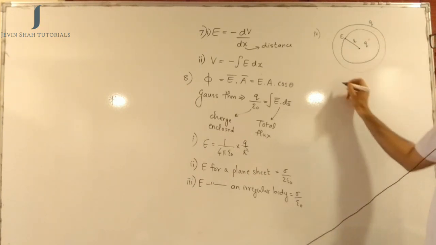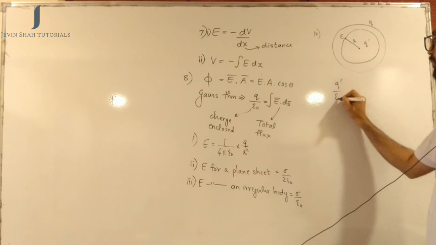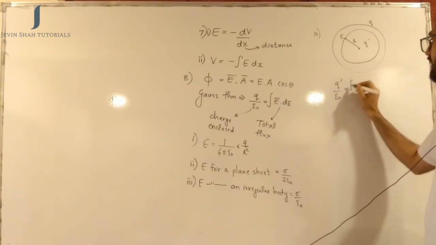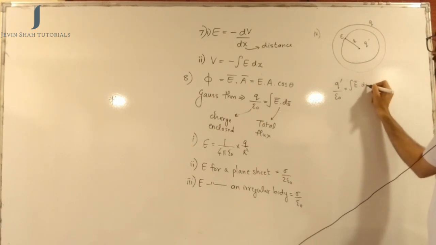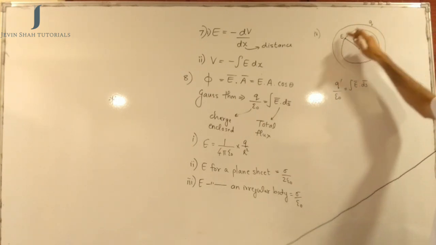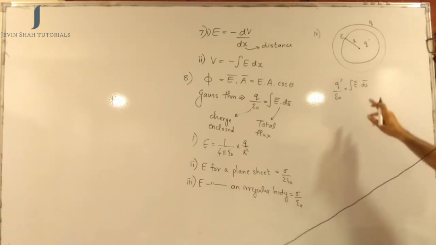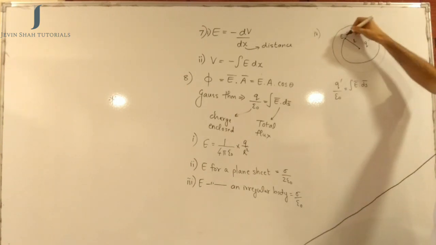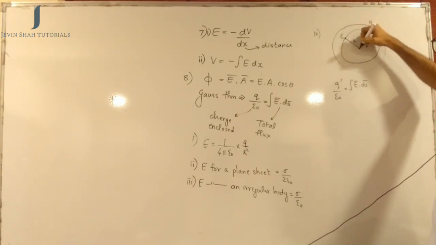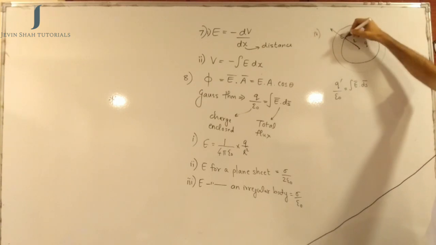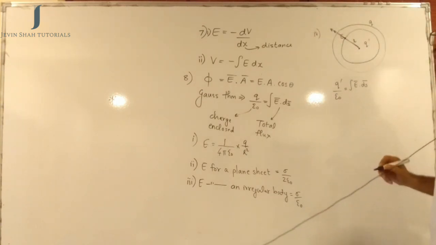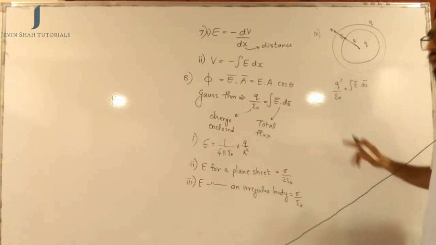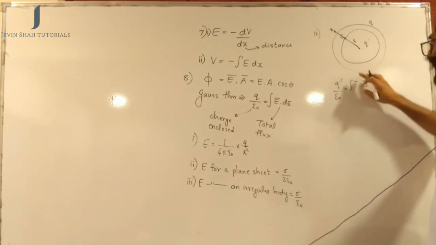So now again the Gauss theorem applied will tell us that q dash upon epsilon naught, which is the charge enclosed divided by epsilon naught, should be the integration of E bar dot ds bar. For this sphere also, the parameters are going to be like the previous one only. So E bar dot ds bar is E ds cos theta, and theta will be 0, because if you consider this point, the direction of E bar is here, and the area will also be here. So again you will have E bar dot ds bar as E ds cos 0, cos 0 is 1, E will be constant, comes out, and integration ds.